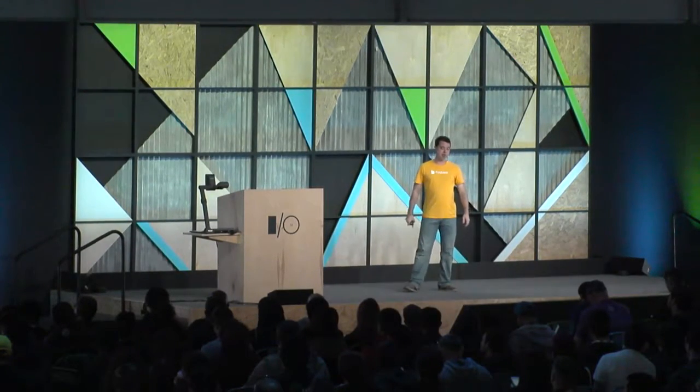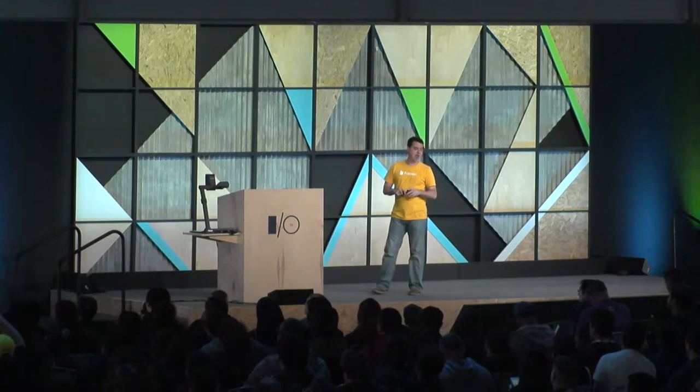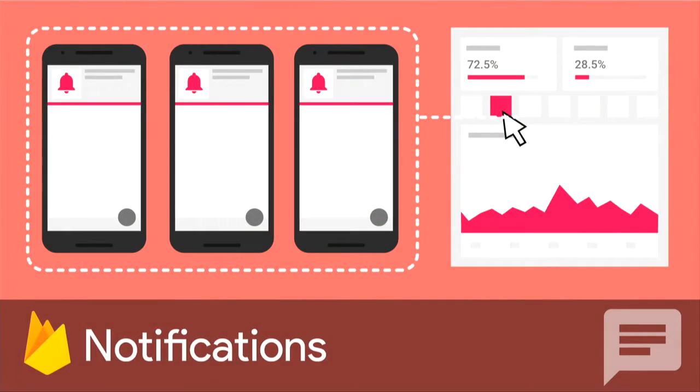Now, there's a different kind of notification called Firebase Notifications, and what this gives you is a way to type in messages and send them to your users in the console. So in the console, you can say, I don't know, remind users if they haven't used the app in a while. Or you can advertise a promotion. So if you have 20% off rides, you can send a notification to everyone and get them back into the app.